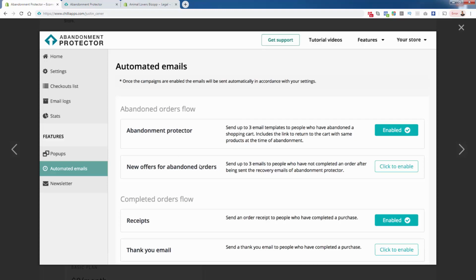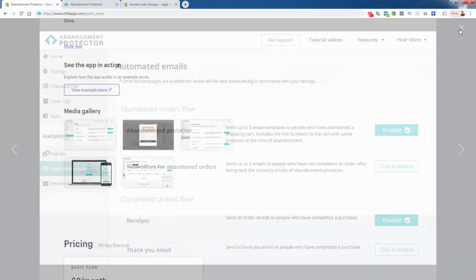Okay, Abandonment Protector is going to make you thousands, if not tens of thousands of dollars by doing these automated